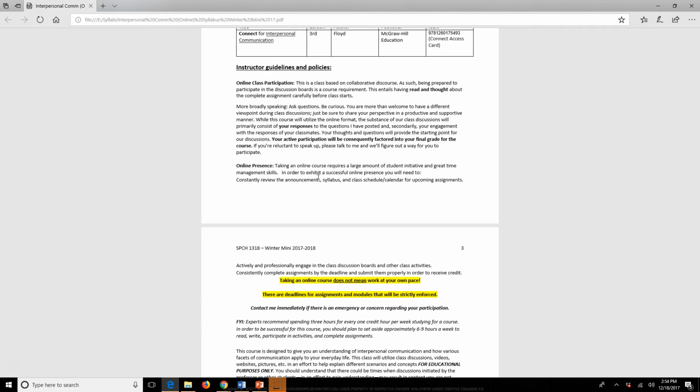Because this is an online course, online participation is required. A lot of people think that online courses means I don't have to do anything. I don't have to interact with my classmates. You have a lot of introverts and shy people take online classes because they don't think they have to communicate with their classmates, and that's 100% false. That's incorrect. You have to do the exact same things face-to-face classrooms do, and that involves some sort of interaction